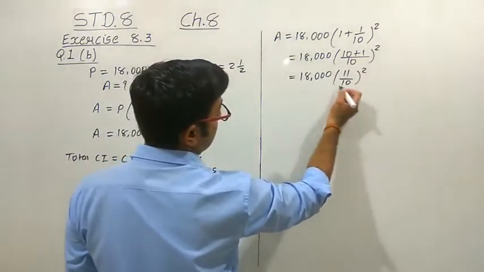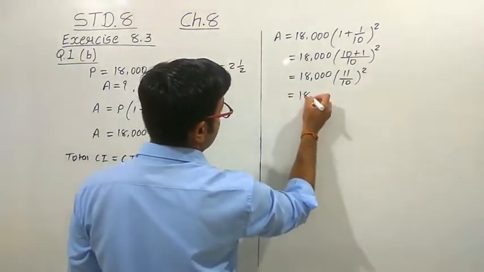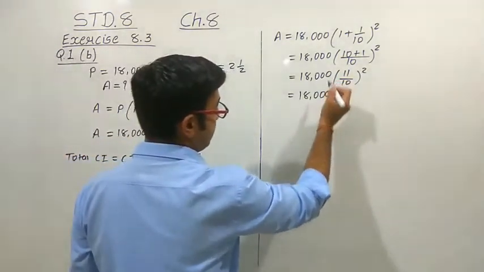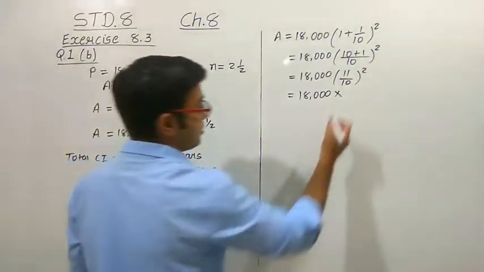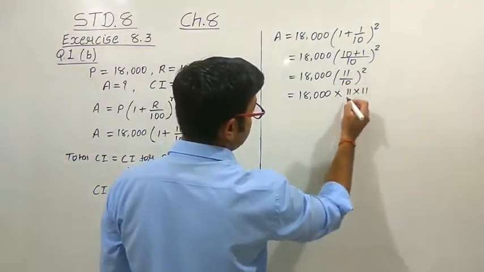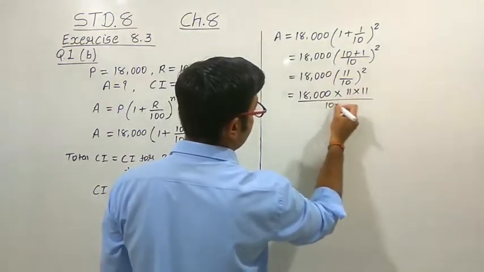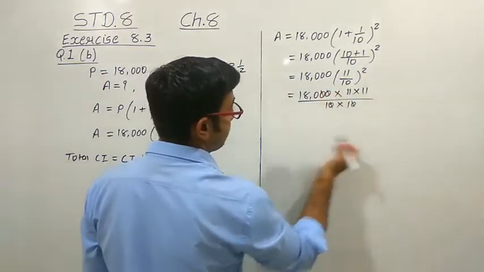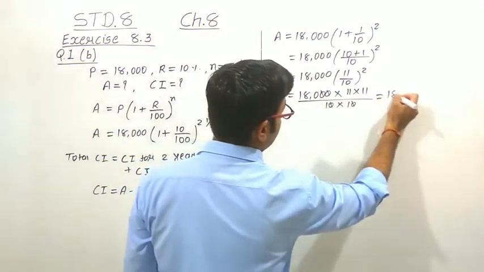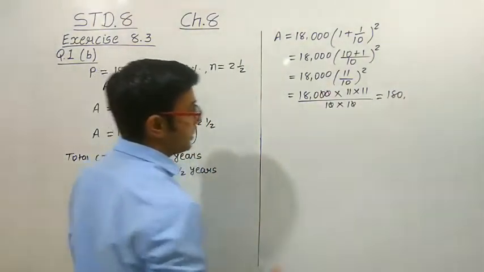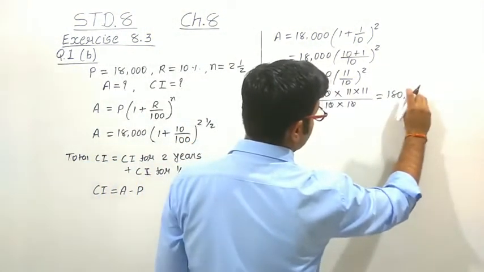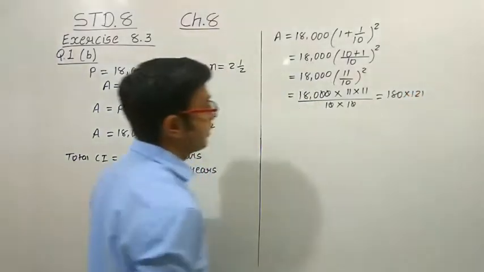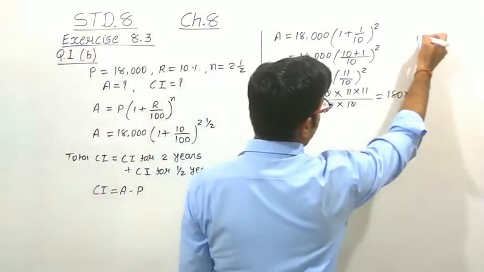Now see, 10 is 2 times here. So 18,000 into, see, do not make mistake here. Do not directly cut this 0 with 0 because 10 is 2 times, right? So here we have to write down 11 2 times. In the same way, in the denominator, 10 is also 2 times. Now we can cut this 0, 2 zeros we have cut. Now we know that this is 180 and this is 11 into 11, that is 121. So here we have 180 into 121. Right? Now let us calculate what we are getting.